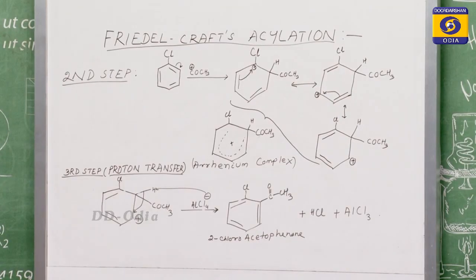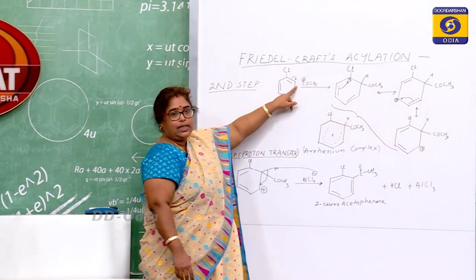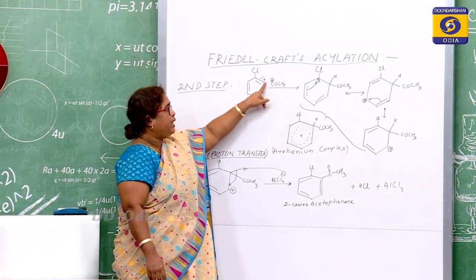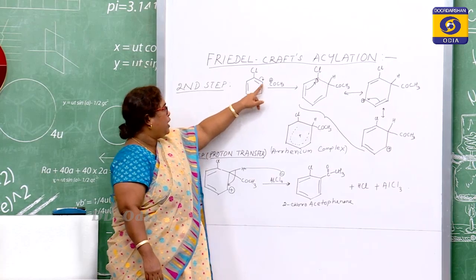You please see what is happening. The electron pairs which are present here get shifted towards one carbon atom, thereby making it electron rich and